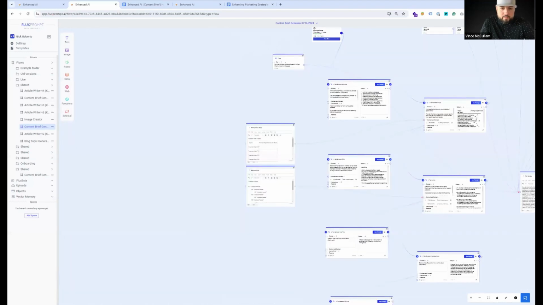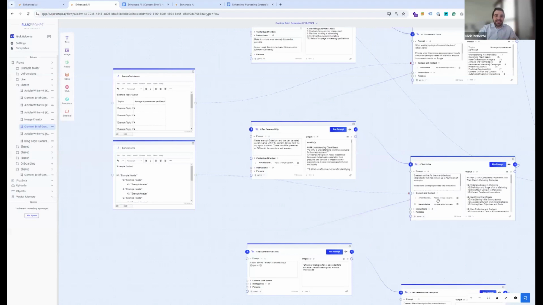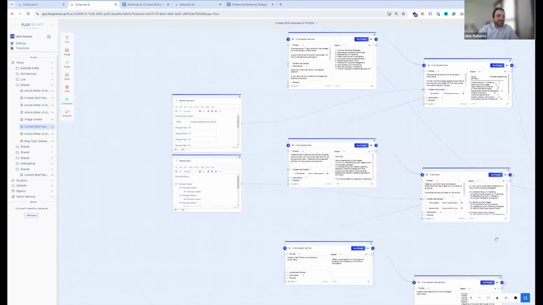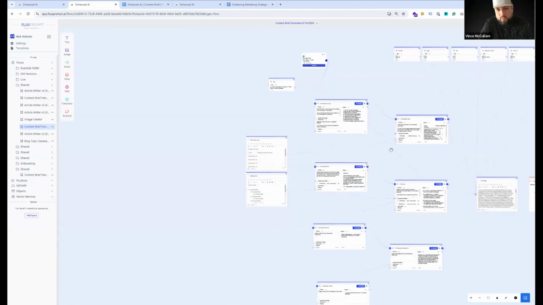So I will also say, if you have not used Fluxroom, I know this looks like kind of chaos. It is actually super user friendly. Like it's not that bad. When I first started working with you guys and you were showing me these flows, I was like, dude, I don't want to touch anything. I am scared to break something. And it really hasn't been that bad. Yes, there's somewhat of a small learning curve, but it's not bad.